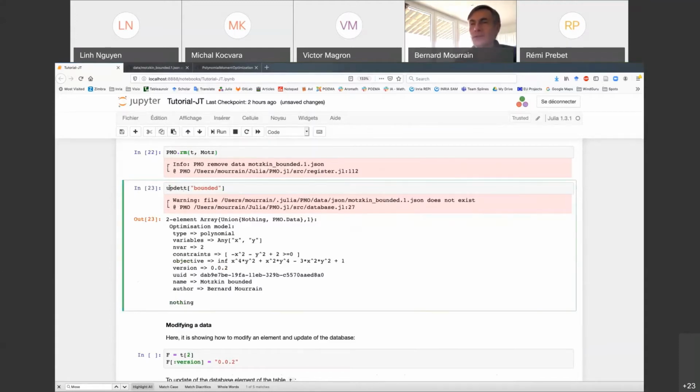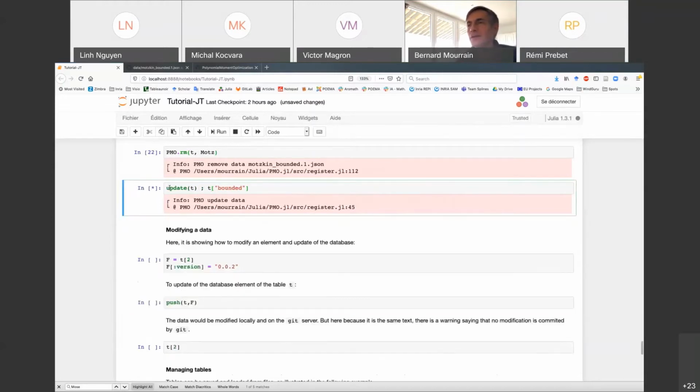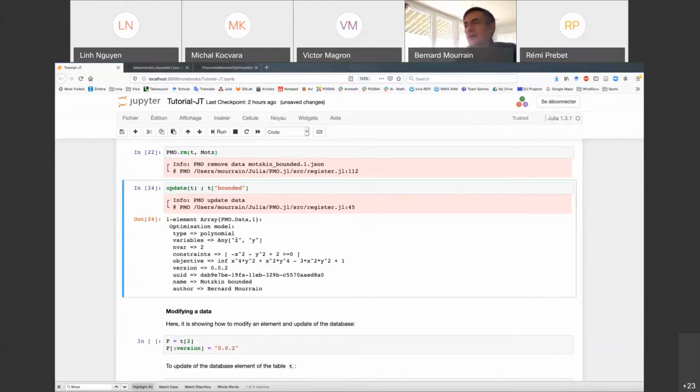So what I should do here is to update T, and then look at this. So T has been updated, and now there is only one file with this name in the database.